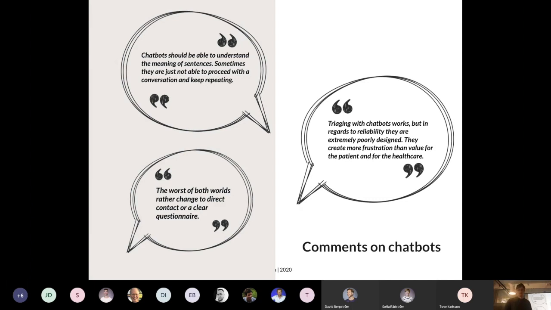They often create more frustration than value for the patient and for healthcare. And with more data, the trustfulness and reliability will become better. But overall, we're positive to this technology.